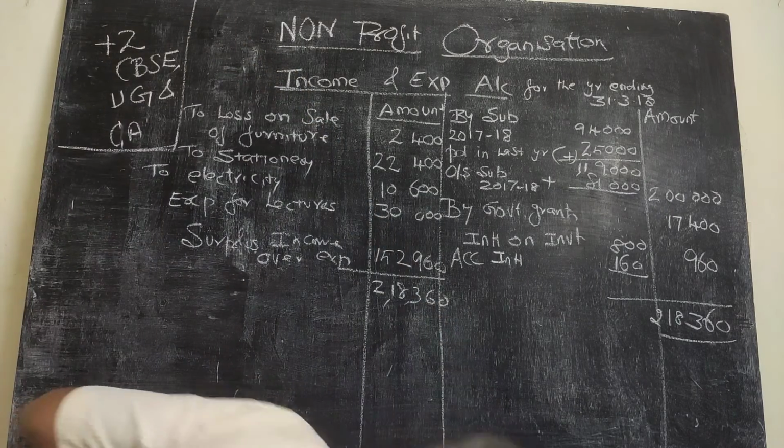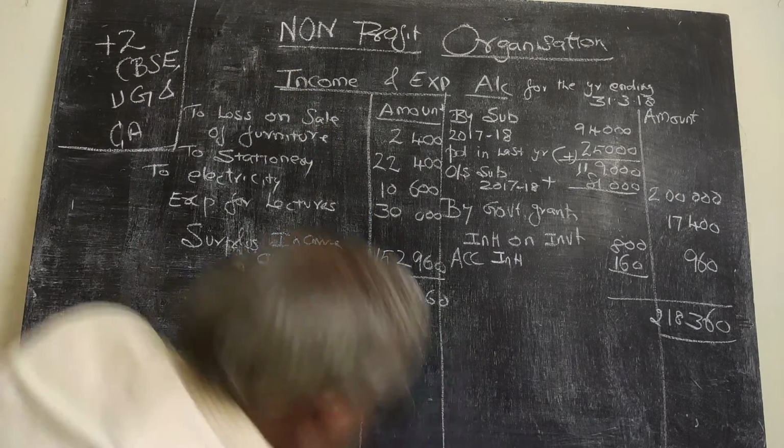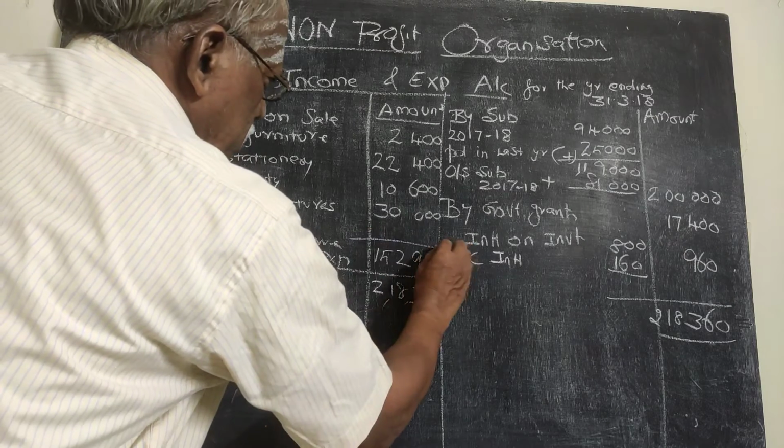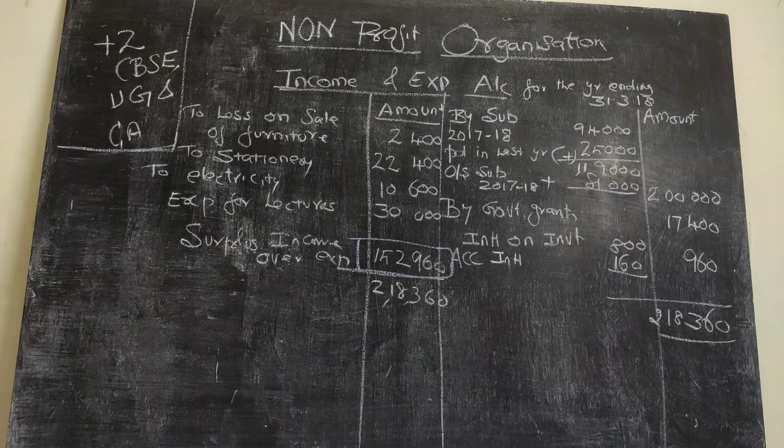So 1,52,960. That has to be taken to balance sheet. So again you check up whether any entry is omitted. Quickly,